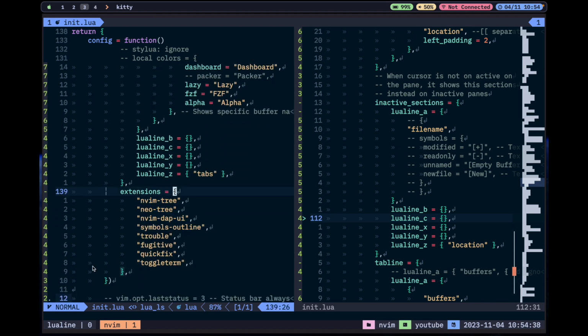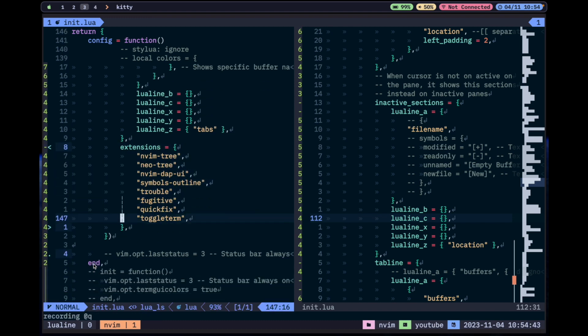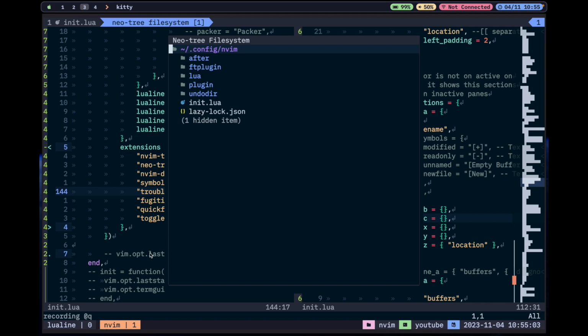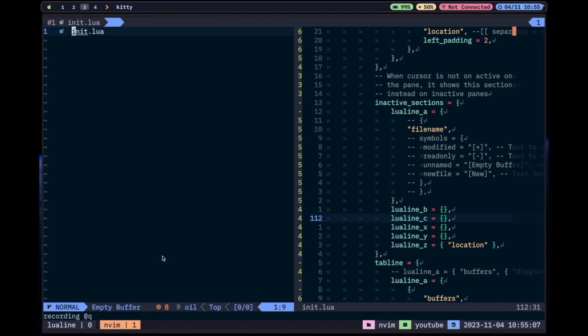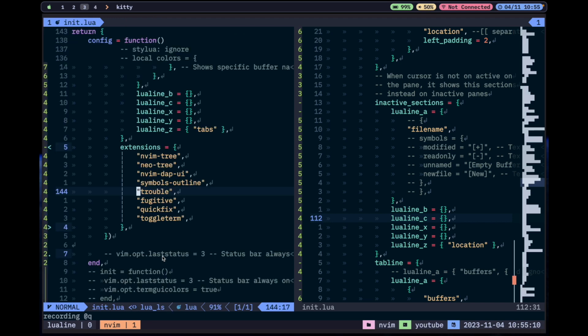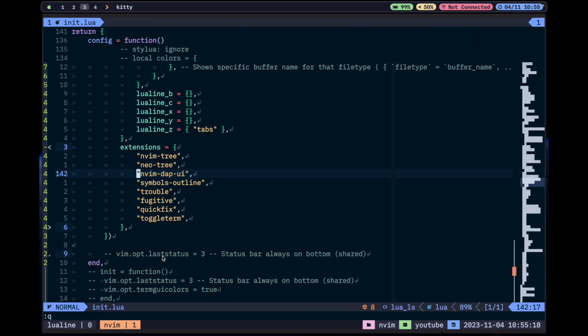And then there are the extensions. We can have different extensions for the different plugins that you have, whatever you install. So I have Trouble installed, I have Fugitive, I have Quick Fix, Toggle Term. So you can just display information in there. And most of the times, for example, when I go to this one, this one is not a good example. Is it this one? No, it's also not a good example. But I think that I can do it this way. Let me just close this one, and then let me just do Neo